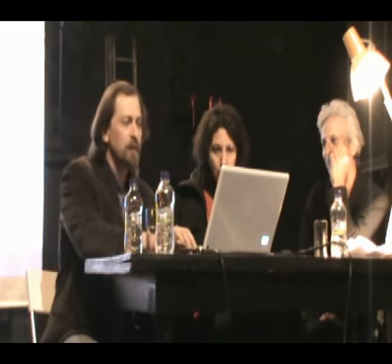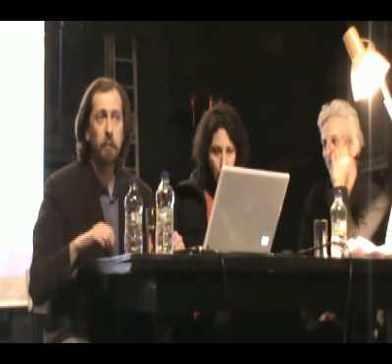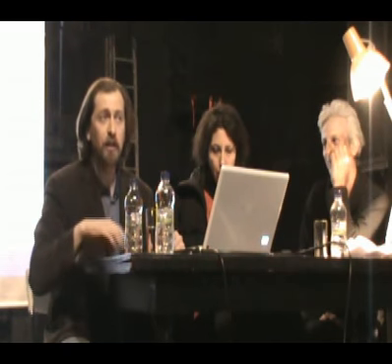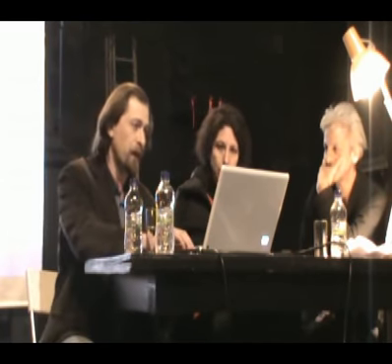Right? So capitalist online services were client-server systems with a star topology, while the internet was host to numerous peer-to-peer systems, such as email, Usenet, IRC, which depend on a mesh topology. All of those technologies depend on the ability of your computer to talk to other computers in an unmediated fashion. If your email server can't talk to other people's email server, you can't send email, right? Email presupposes a mesh network, whereas